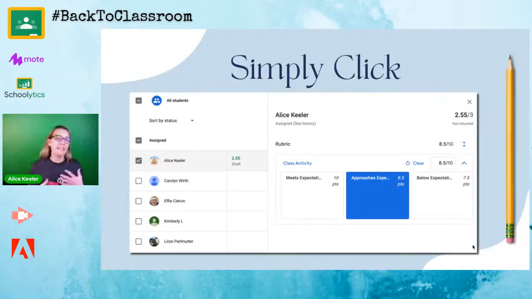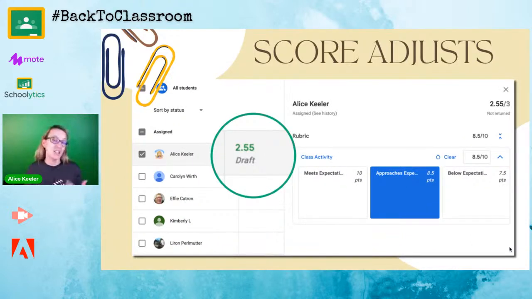All right, so what's really nice about using the scoring options, the rubric feature in Google Classroom, is I can just click on the meets expectations or approaches expectations, and it puts the score in for the student. Like, I do not have to type their scores in that left column over there on the roster. I just find it so slow and tedious. So I love that it'll just do that for me, and I can just click over there as to if they meet, approach, or are below expectations, and then it adjusts the score.